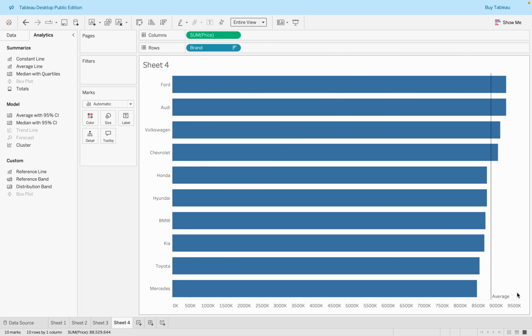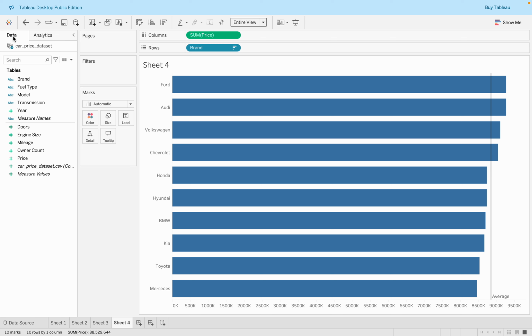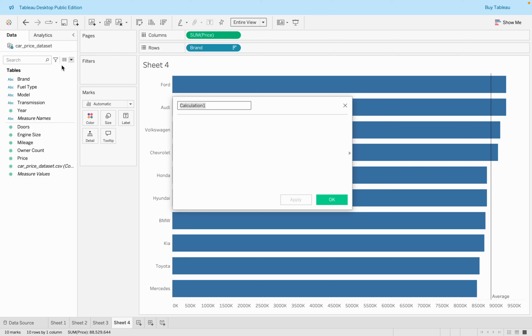Now you see this is the average line, it shows me the average. Now I can color code these bars to see where they are above or below average. So what I'll do, I'll go back to the data pane and then I'll create a new calculated field. Then I'll call this above average sales. So my formula is sum of sales is greater than or equal to